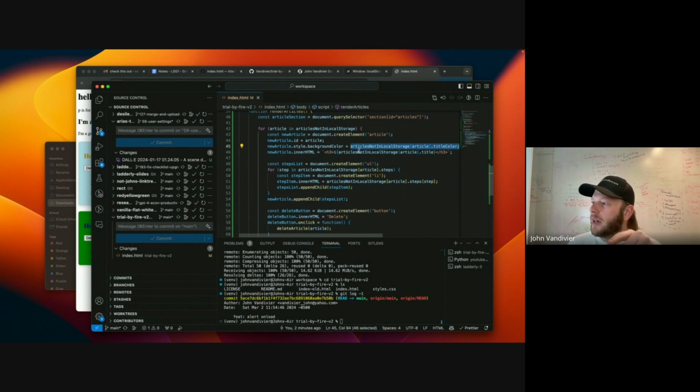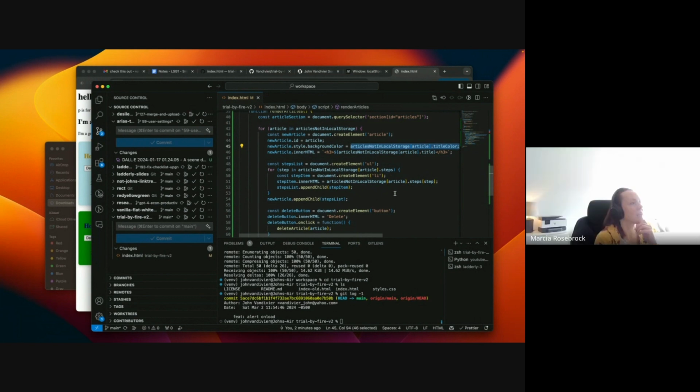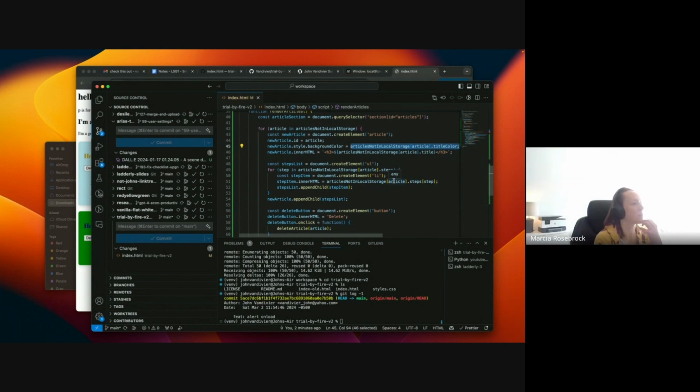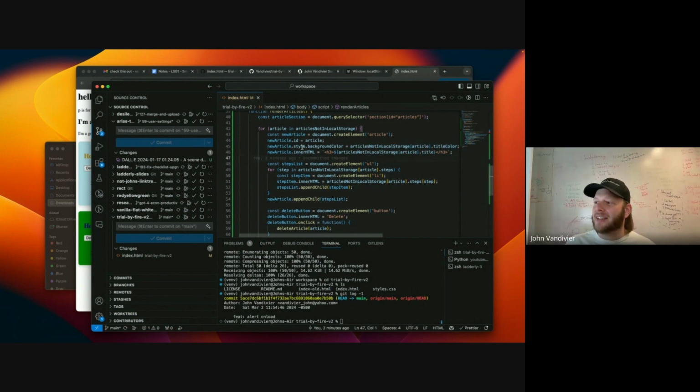Okay. So what does this right hand of the expression mean? It is finding articles to Google Storage article. Yeah. Okay. So there's two things wrong with this expression. Can you think about what either one of them are? Well, title color would be wrong because we're doing background color. Exactly. So the first thing is, hey, I wanted this to be my title color, but you made it my background color. By the way, as a junior engineer, you can totally expect to be working on bugs like that.